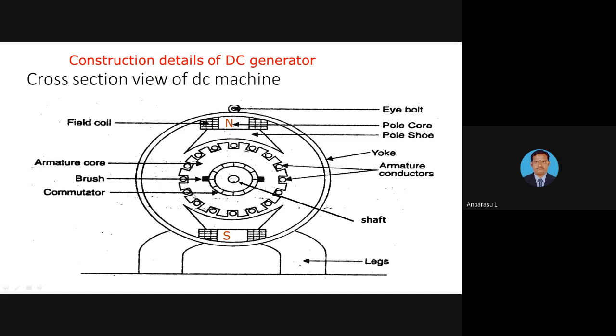Here the rotating part, the armature, is present. On the outer periphery of the armature there are a number of slots. With the help of slots, we can insert the armature winding, either lap winding or wave winding. This is the commutator part. It is used to convert the alternating EMF in the armature winding into unidirectional DC EMF, which is given to the external circuit with the help of the commutator and brushes.